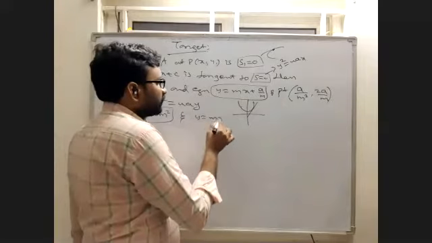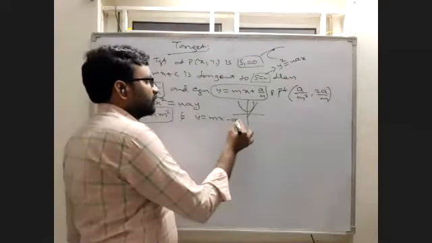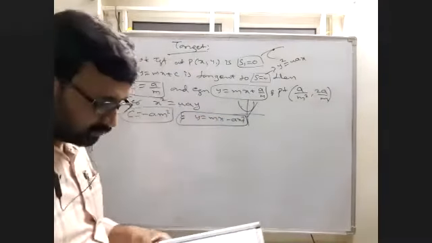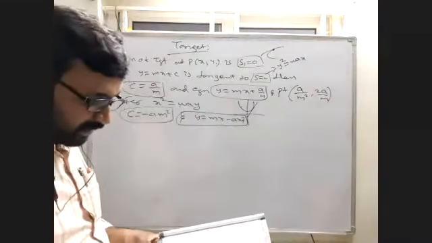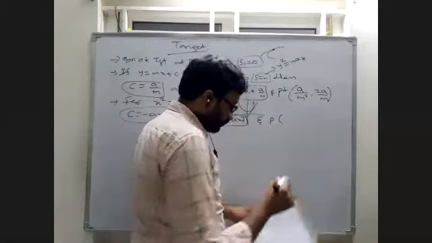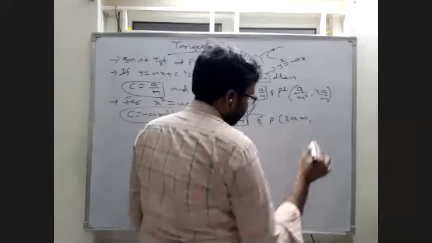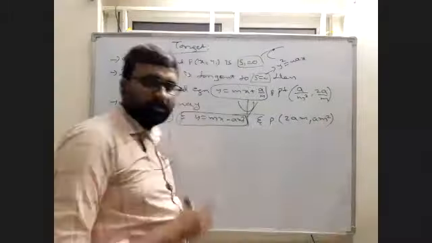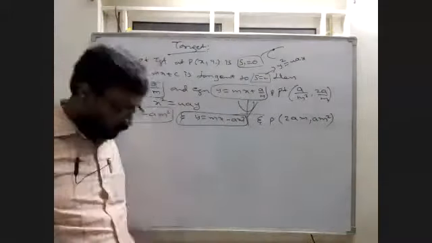And the equation is y equal to mx plus c, where c is minus a m square. This is the equation; you have to write this in place of c. And the point of contact is (2am, am square). This is the point of contact: condition, equation, point of contact.